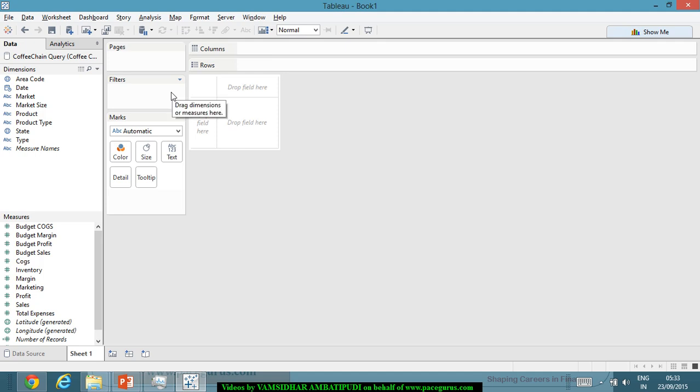And depending on how and when they are dragged, different kinds of visualizations are going to come out for us. Right? The placement of each of these fields is purely based on the data type associated with that. So what we can do is we'll just try doing something. First of all, before we quickly create one quick visualization, I want to really differentiate between the dimensions and the measures,